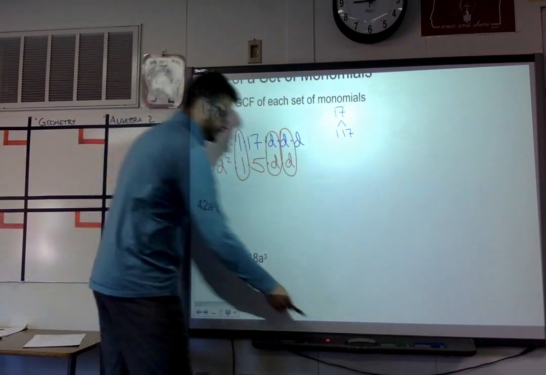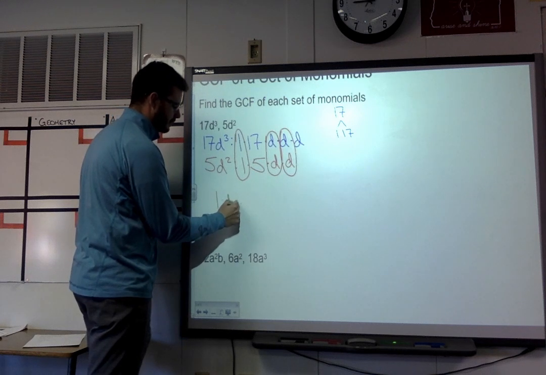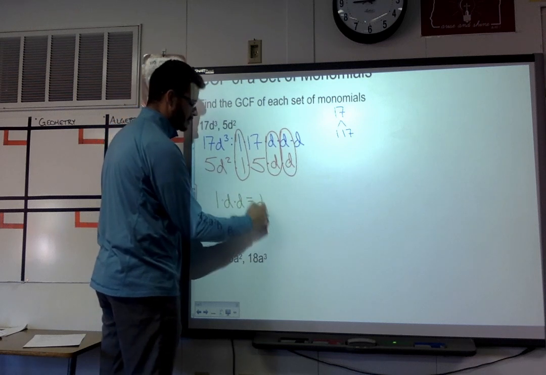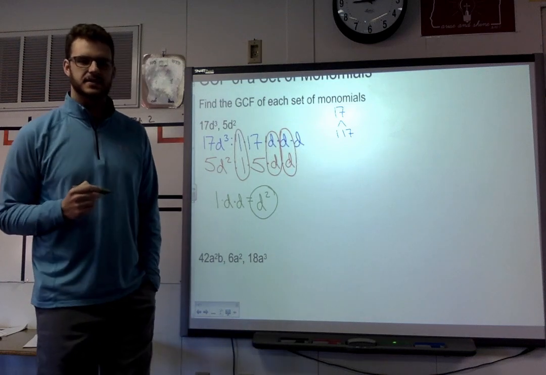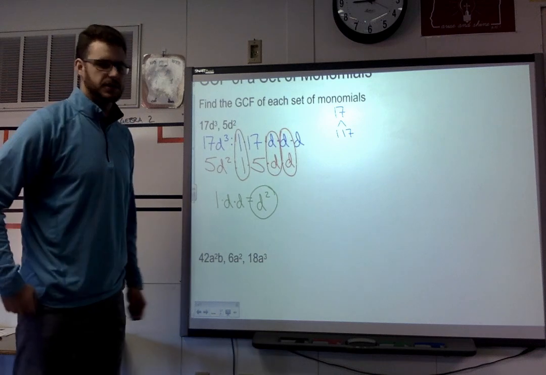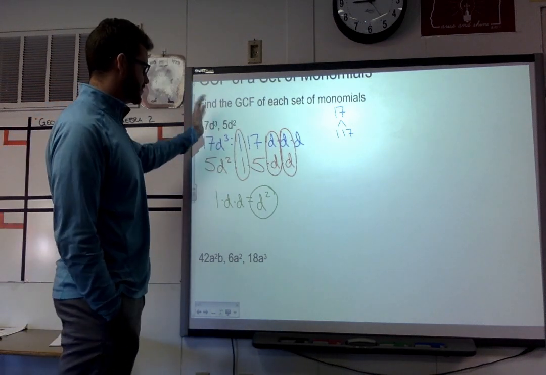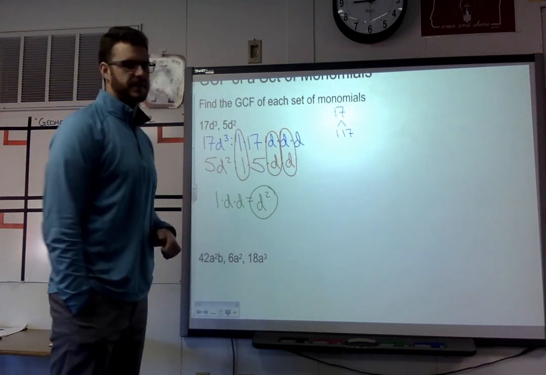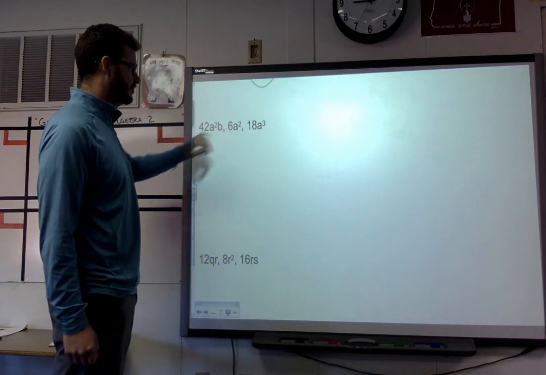So what I'm going to do is take what they have in common and multiply those by each other. So 1 times d gives me d squared, which means d squared is the greatest common factor between those two monomials. So again, I just broke each one down to its factored form and found anything that they have in common. Now the same thing can be done even if you have 3